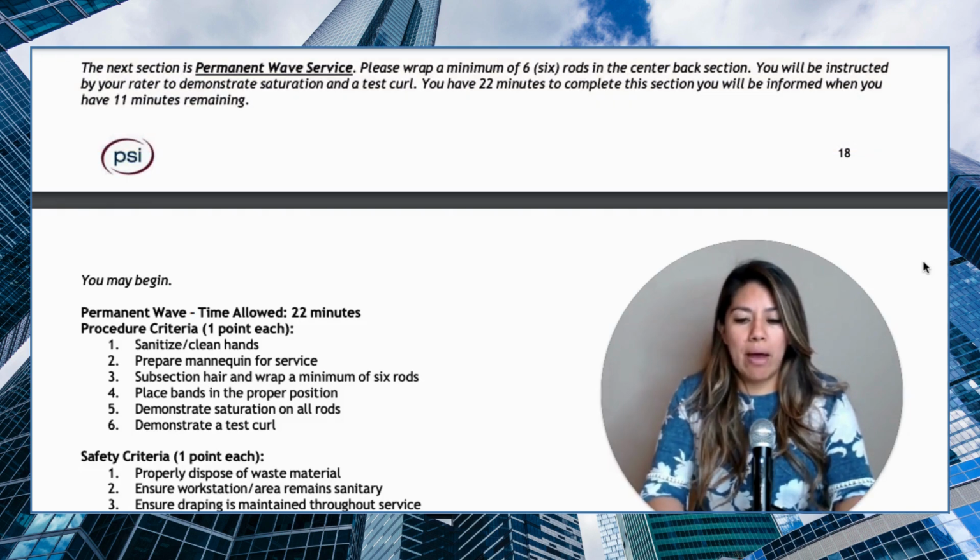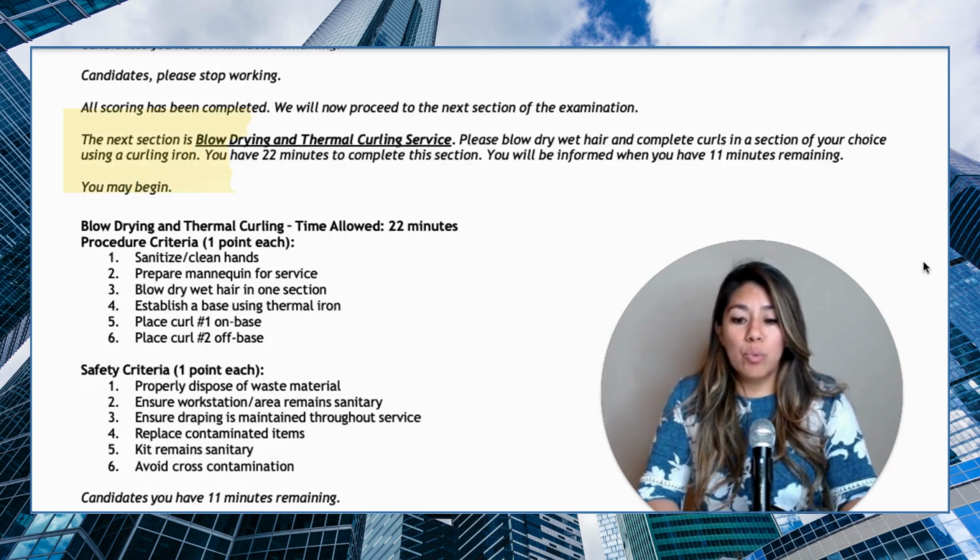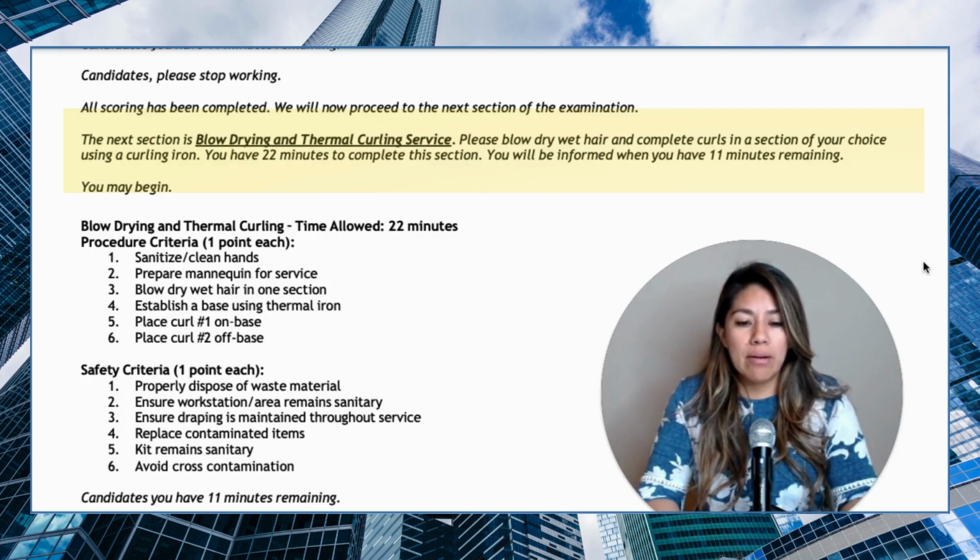So here you have your steps, number 1 through 6, that you must do in order, and your safety criteria to keep in mind, 1 through 6. The next service will be your blow drying and thermal curling service. Here you will have to blow dry wet hair and complete curls in a section of your choice using a